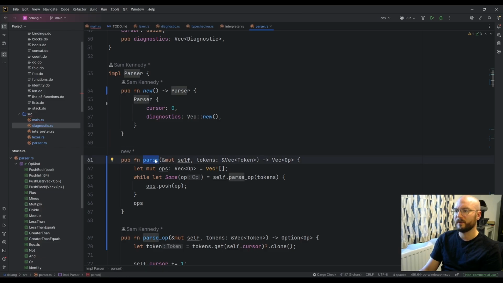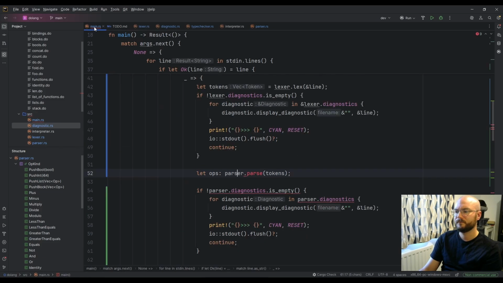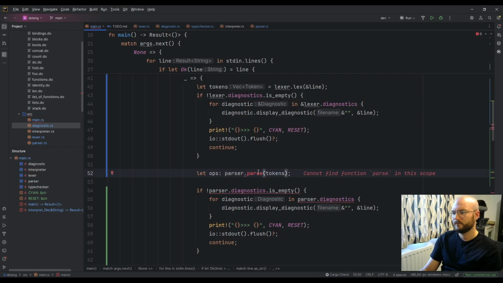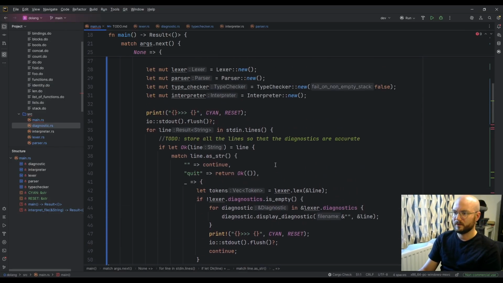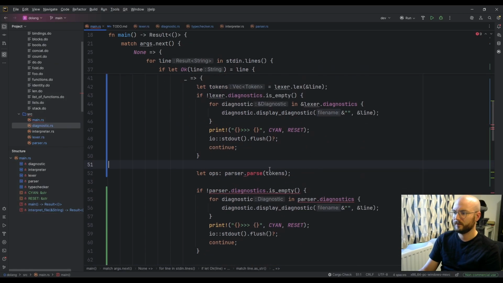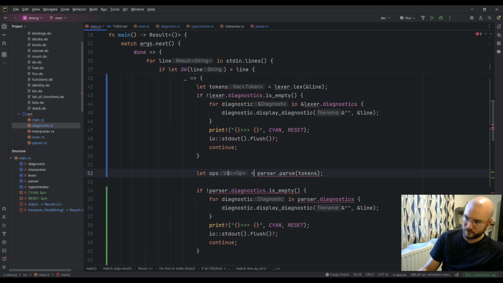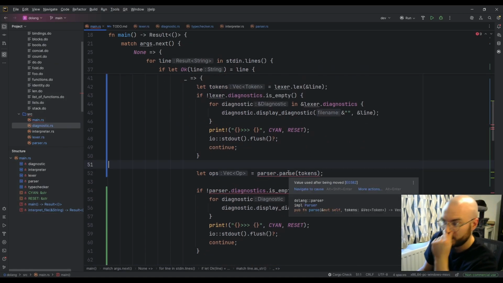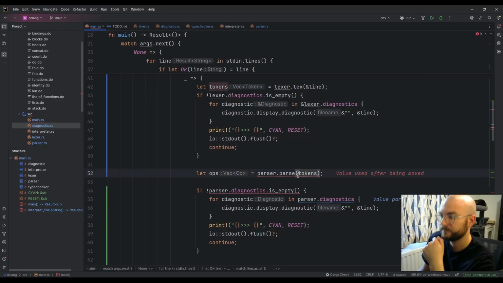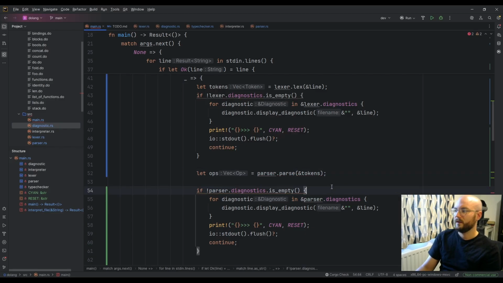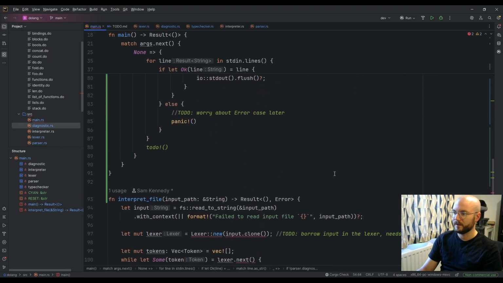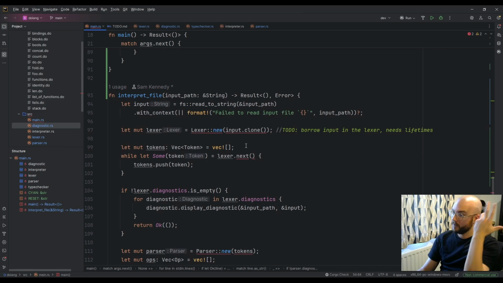Are you sure about that? Too long of a session. So you only need to borrow that, and then you only need to borrow that. And there we go. Something's unhappy down here because I've broken the normal case.